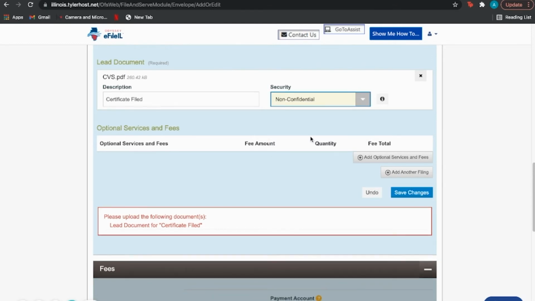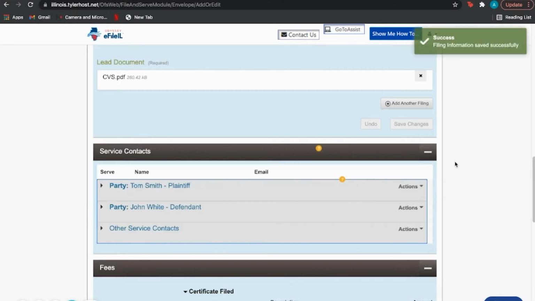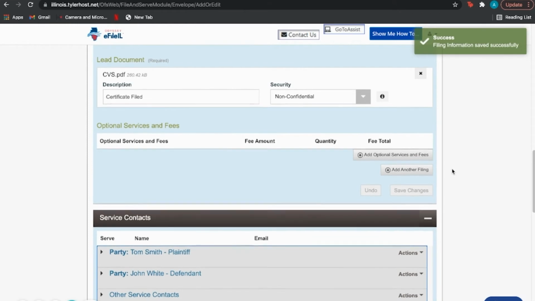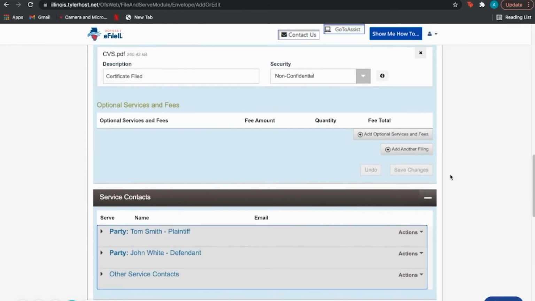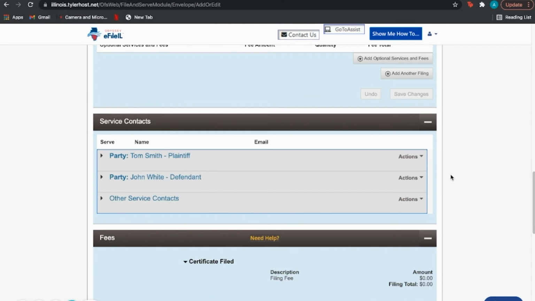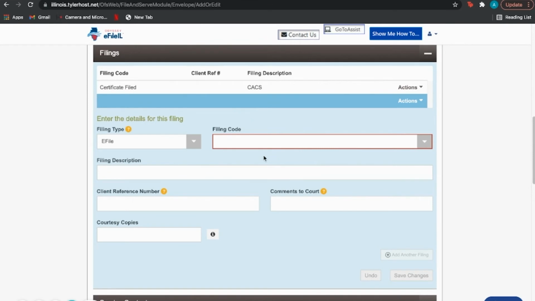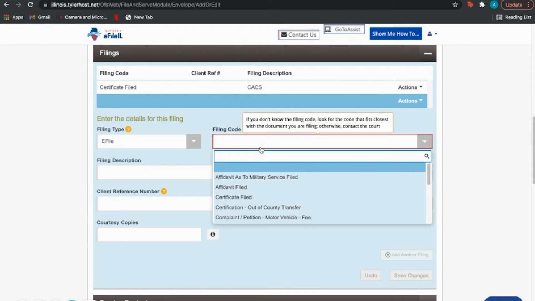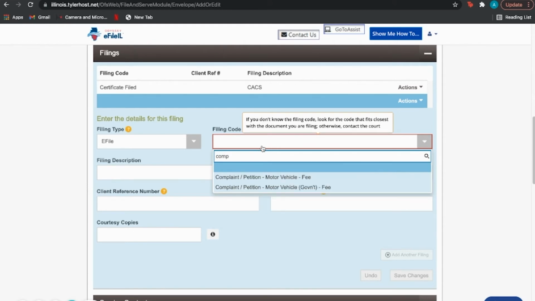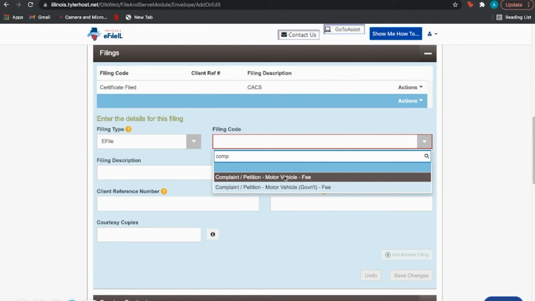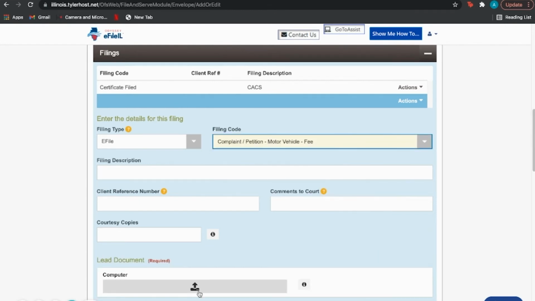Again, we see our success box up in the right-hand corner telling us we're on track and everything's going great. And if you just look at this, the party name, Tom Smith, the plaintiff, and John White, the defendant, all looks good. But now we're going to file the next document out of the 3 that we need to file to start. Again, we're e-filing, and now we move to the box that gives us the description of the document we're filing, which is going to be the complaint. Here, the text, when we start to type it, recognizes what we want, so it auto-fills for us. And then we're going to type in the description just as a double check, the complaint.